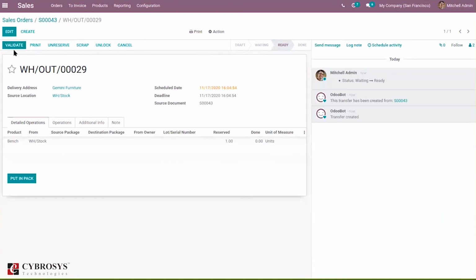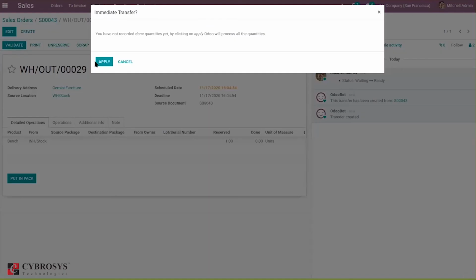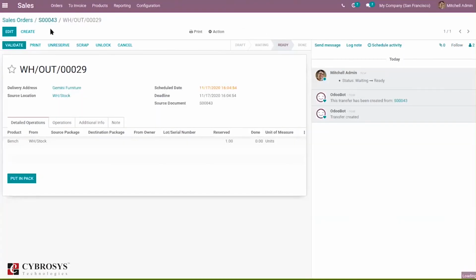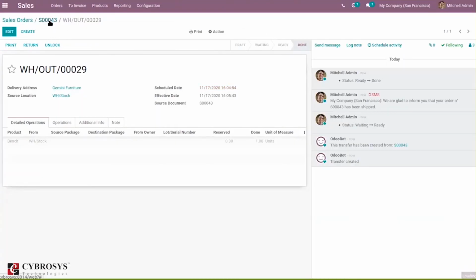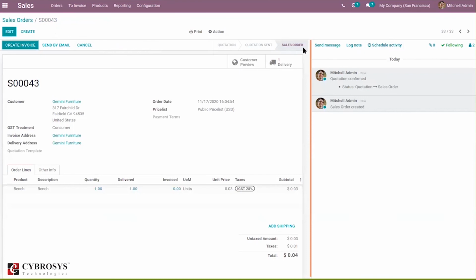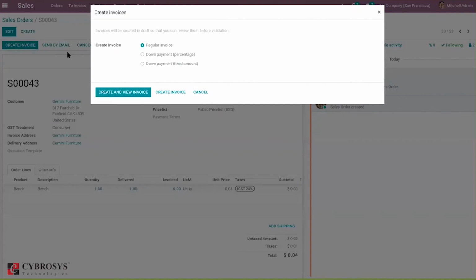You can see it's available. Now validate the delivery. This is because the invoicing policy is by delivered quantities. That's why we can create the invoice only after delivery. Okay, let's click create invoice.